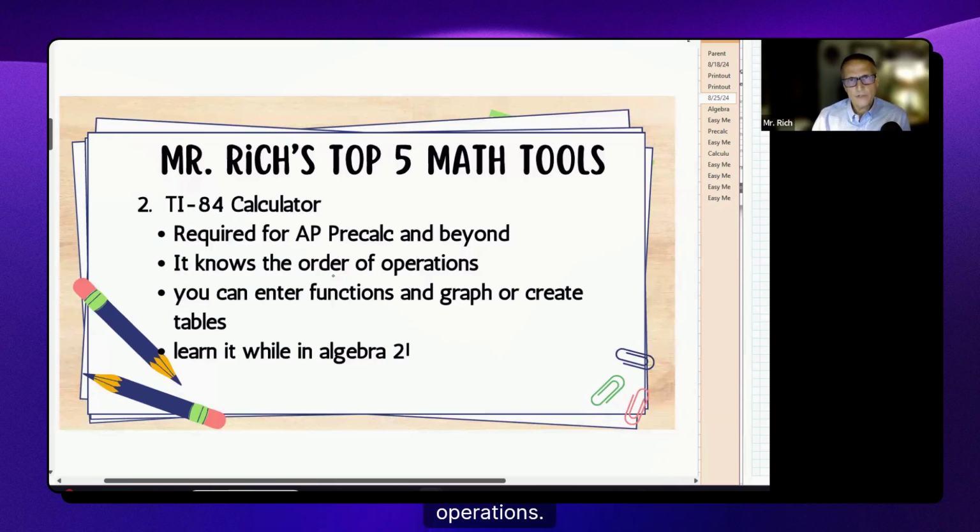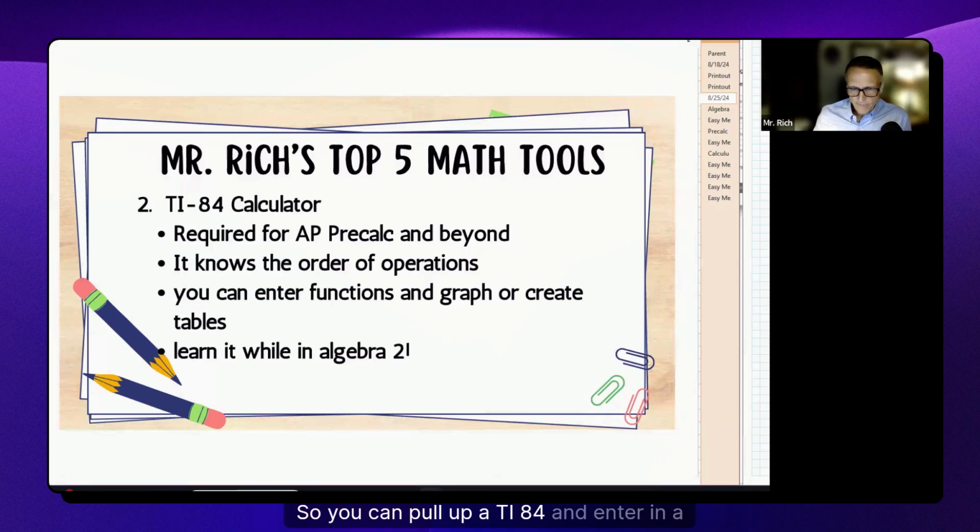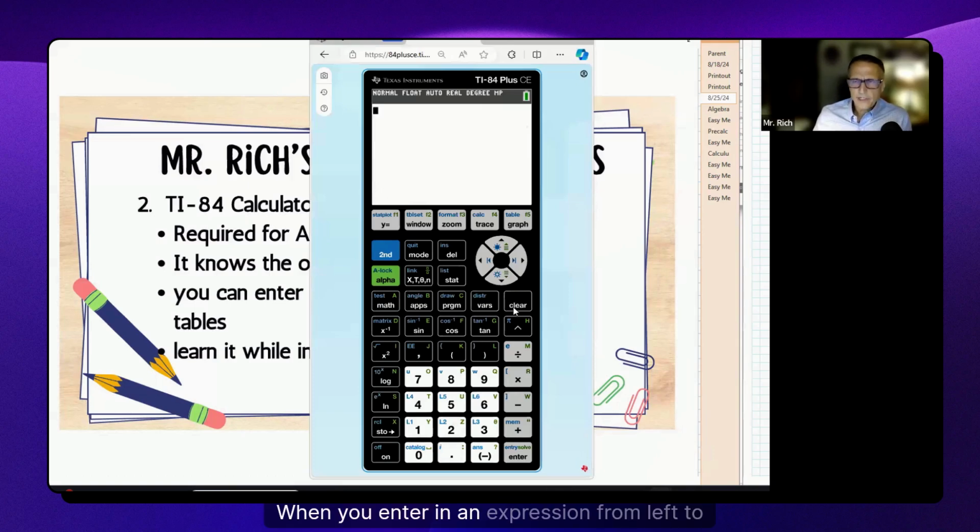The one thing that I think you would appreciate right away is that the TI-84 knows the order of operations. So you can pull up a TI-84 and enter in a mathematical expression. And I'll pull my TI-84 up here so you can take a look at it. When you enter in an expression from left to right, it knows the order of operations. It knows PEMDAS. So for example, if I say 3 times 9 minus 2 plus 6 minus 9 times 2 and hit enter,